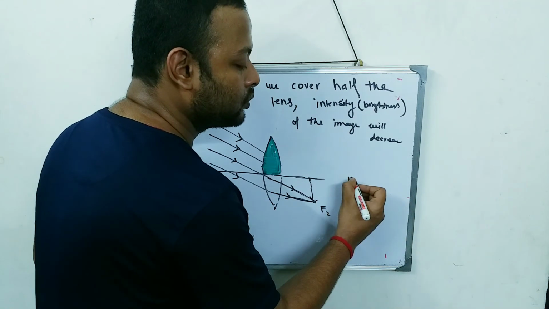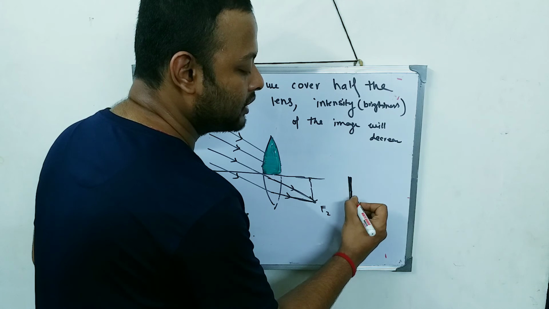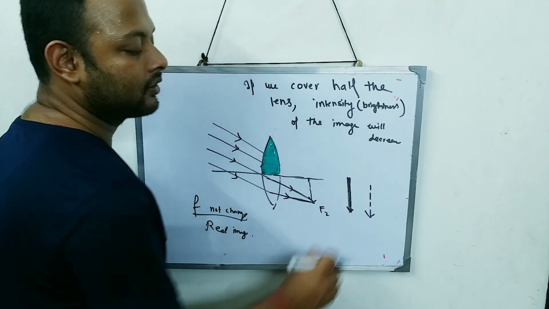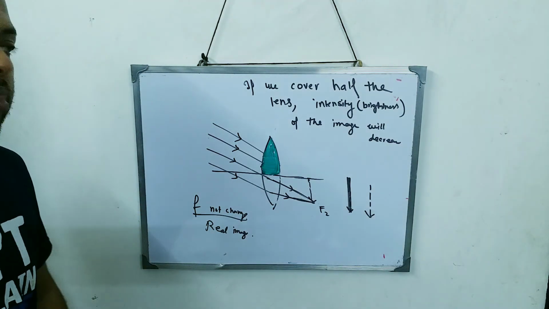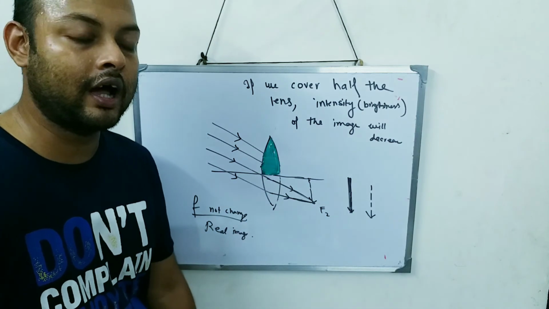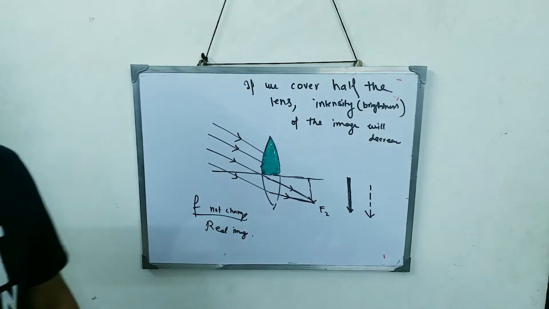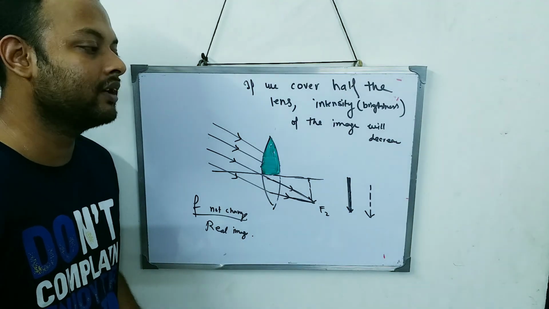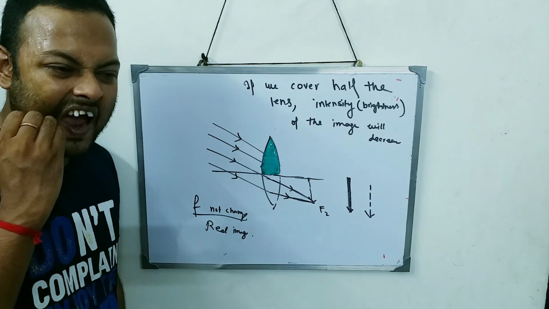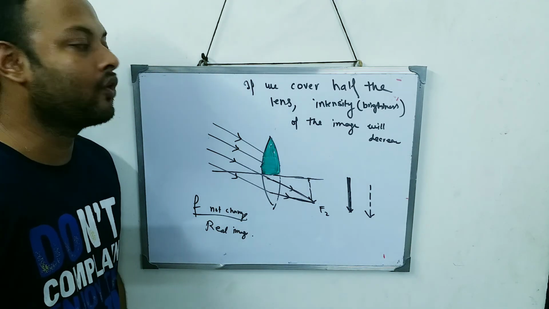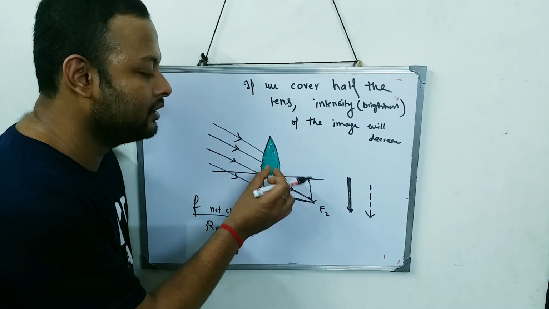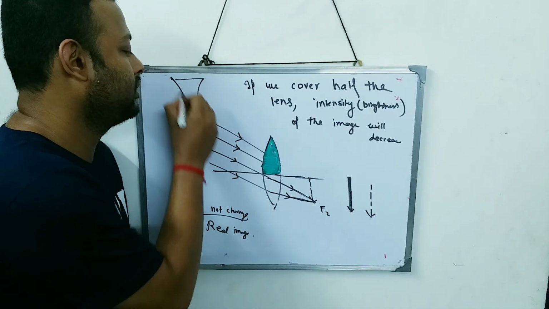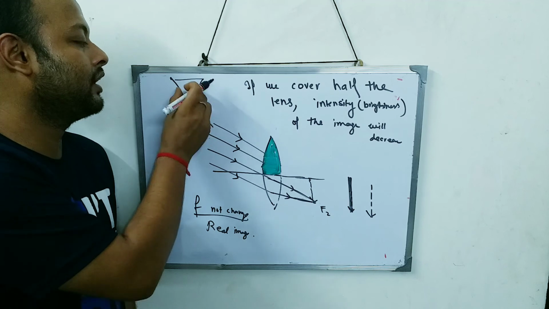Previously the image had a certain brightness. Now the image has become less bright. So that will be the difference if I cover the upper part of the lens with a black paper. Other than this, you have the difference between concave and convex, which is very easy to know. The concave lens is going to diverge and the convex lens is going to converge. The convex lens is thicker in the middle and thinner in the periphery. The other one is thicker in the periphery and thinner in the middle.